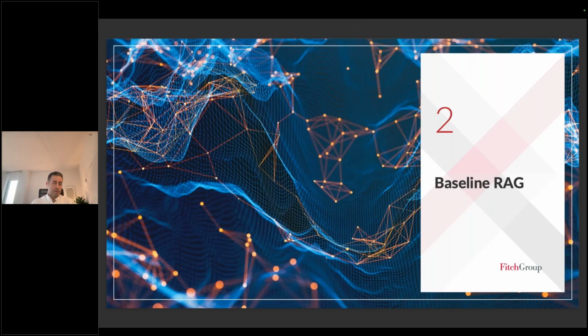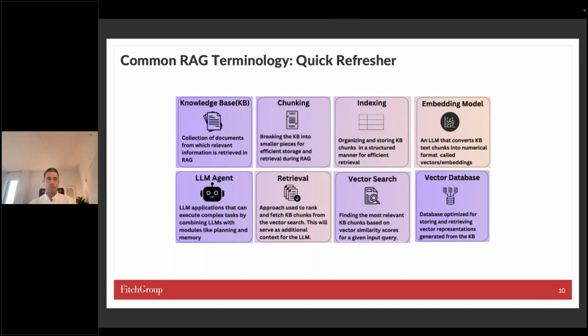So I'm assuming that if you're attending this talk, you're already familiar with RAG. I just want to make sure that we're all level set and we have a few of the key terms in common, but I'm not going to go through all of the basics. So in RAG, typically you have a knowledge set. In our case, it's sets of financial documents. You will chunk, embed, and index these documents so that you can store them in a vector database, and then you can use many different methods of searching for relevant pieces or relevant chunks.